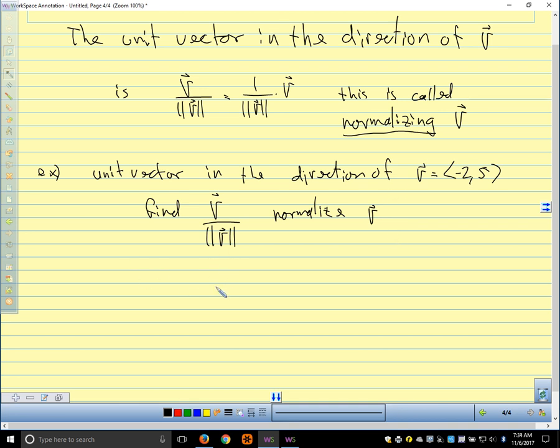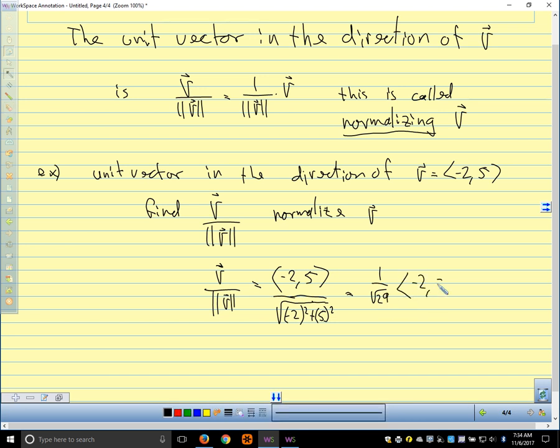So v over the magnitude of v is just going to be the vector -2, 5 divided by the square root of -2 squared plus 5 squared, which is 1 over the square root of 29